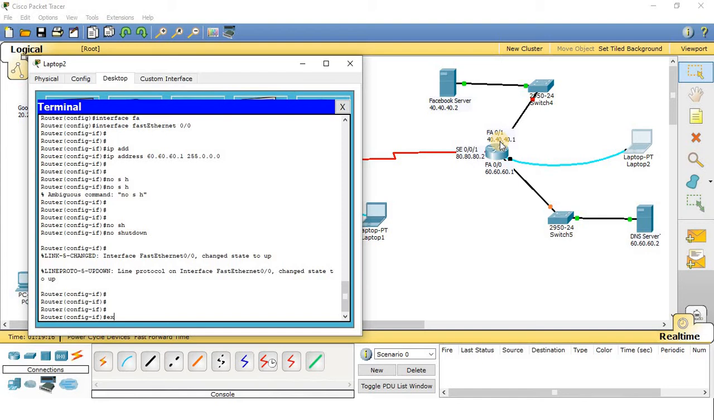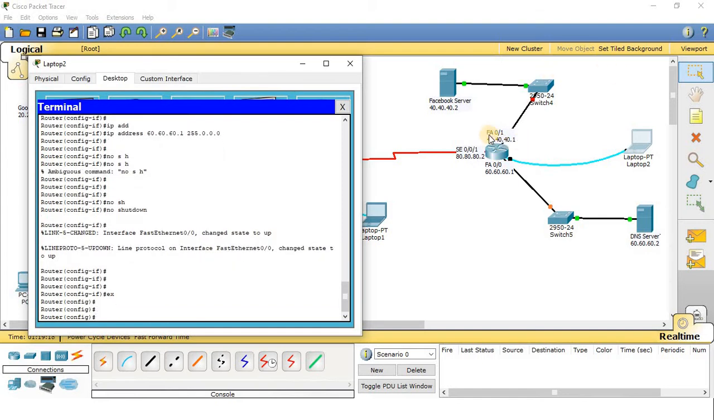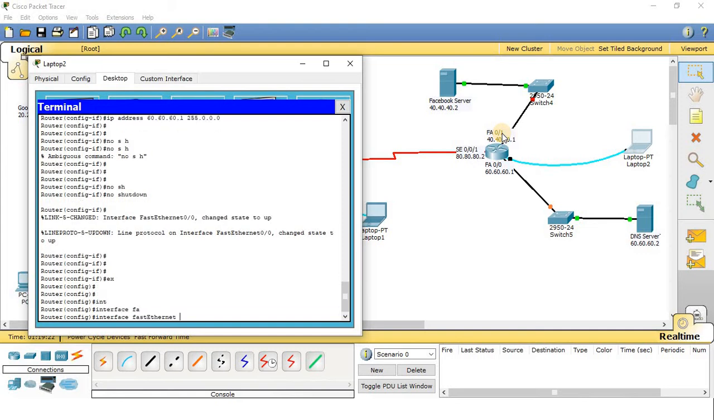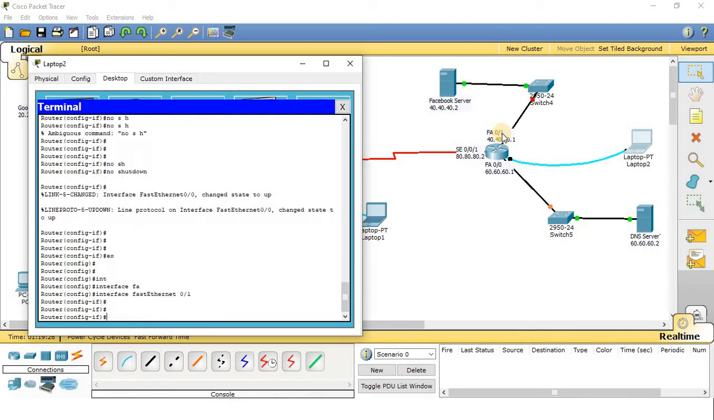Let me move out, exit. Now I am going to access this port. So interface fast Ethernet 0/1. So I have accessed this particular port. Look at the IP address to be assigned over here,